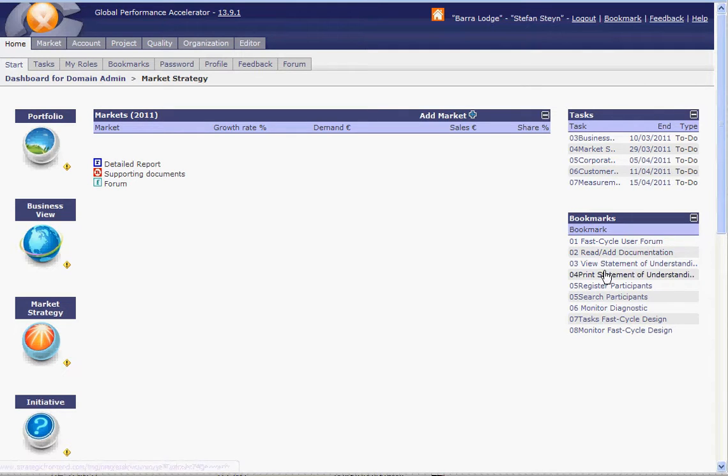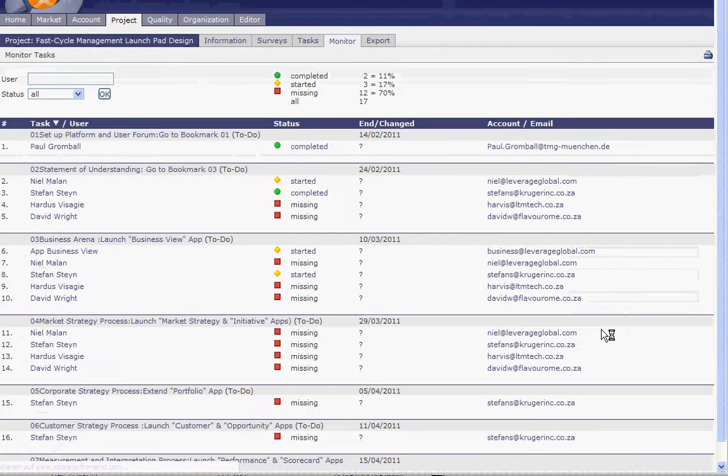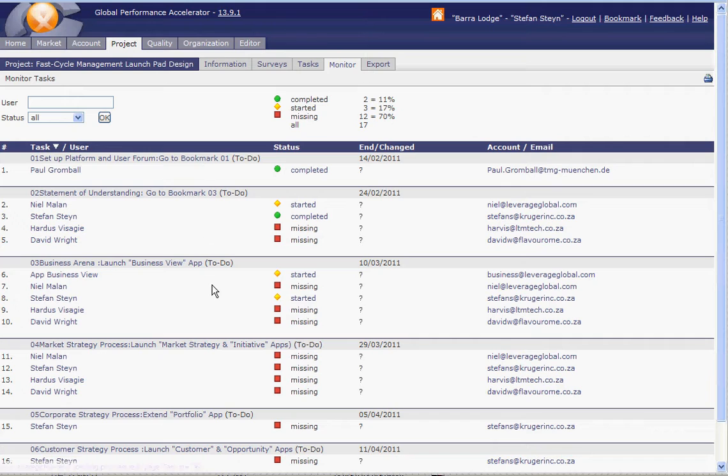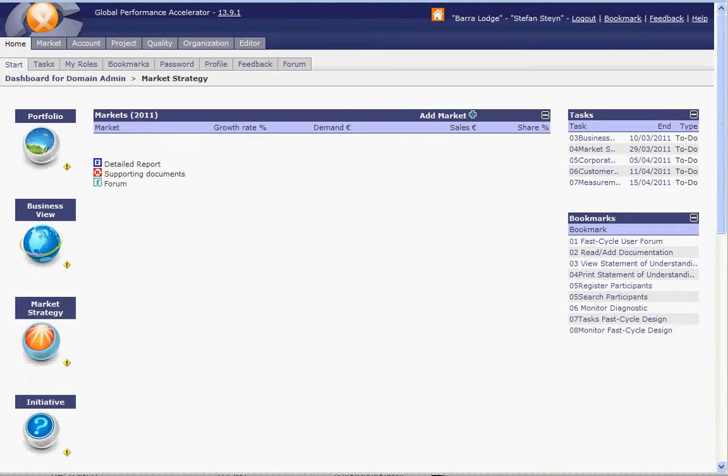So here you have all the relevant tasks for you, like for instance monitor your fast cycle design. So it gives you exactly with one click where the different tasks and task users are standing. So this is the basic principle of the dashboard.